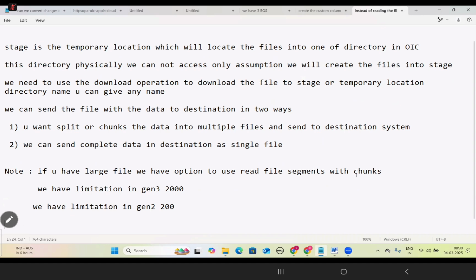By using it, in Gen 3 we can split the data into chunks of 2000 records, and in Gen 2, chunks of 200 records. Understand the concept or not, guys? Okay.